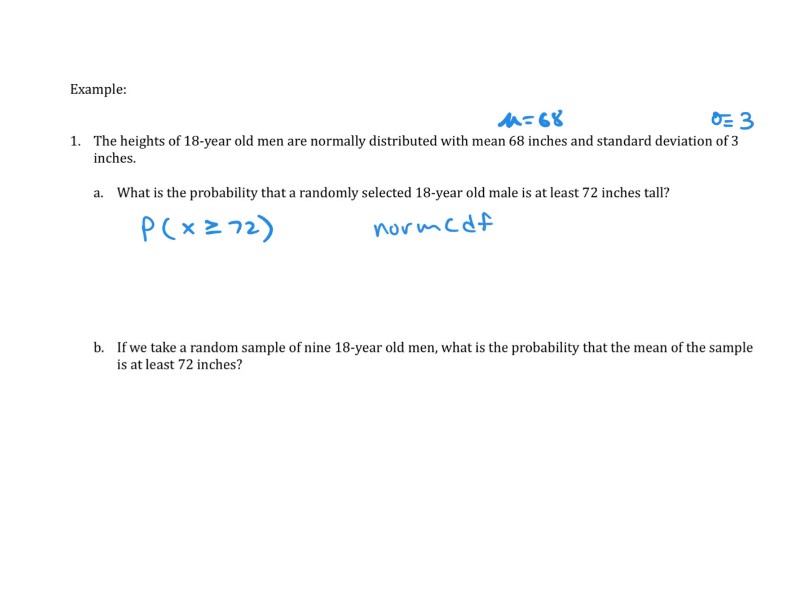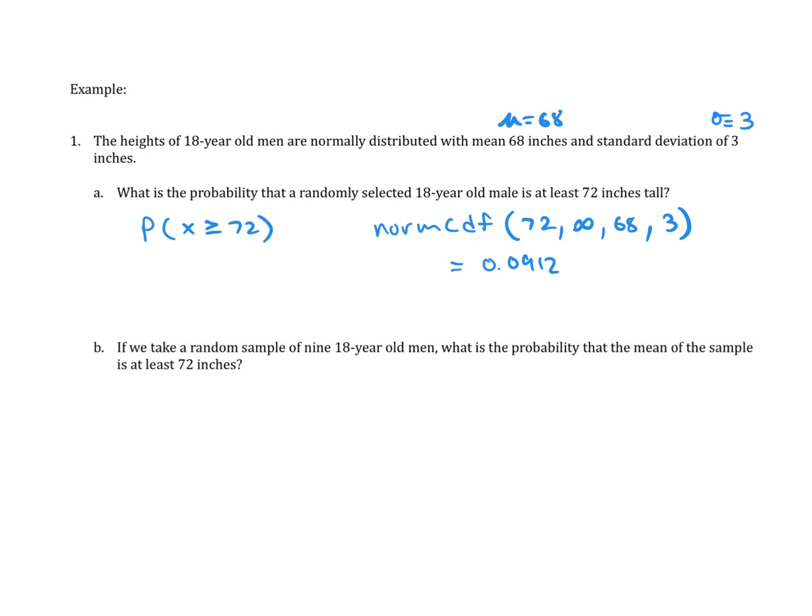And this is the probability that the height of the randomly selected person is from 72 to infinity, because at least 72 is 72 or greater. So 72 to infinity, those are my lower and upper bounds. And then I can just put in the mean, 68, and the standard deviation, 3. I plug that in my calculator, and I get 0.0912. So there's about a 9% chance that I randomly select an 18-year-old male and he's at least 72 inches